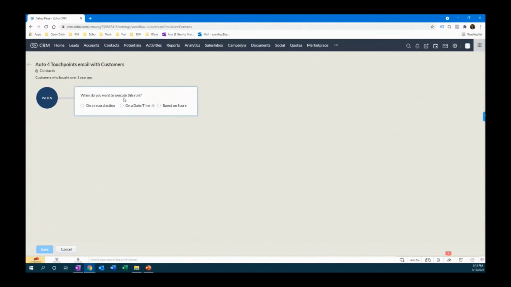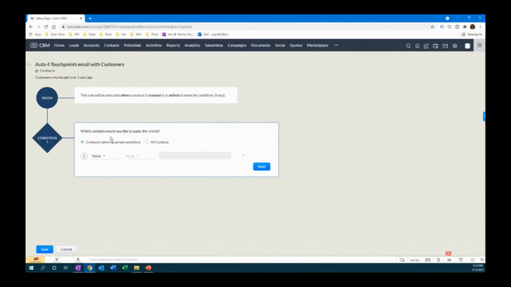In this case, one idea is when they get added to the CRM. So you could make sure that every customer has a touch point. You could say when it's created or edited. In this case, I advise you not to repeat this workflow, because this means every time you edit the contact, it would trigger a new email. So I just want to send the workflow once. So I'm going to create or edit a contact, and I'm going to say when I add someone, for example,